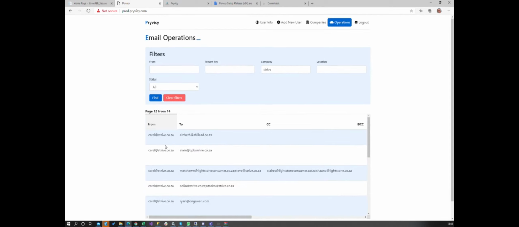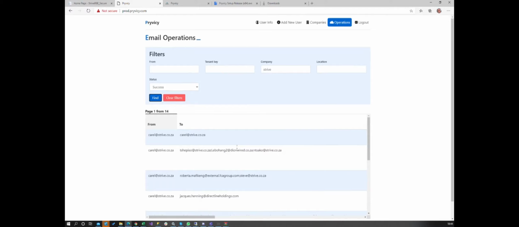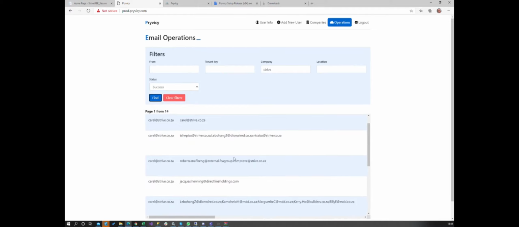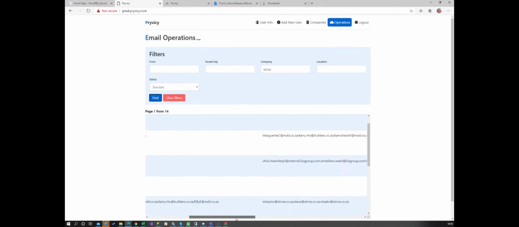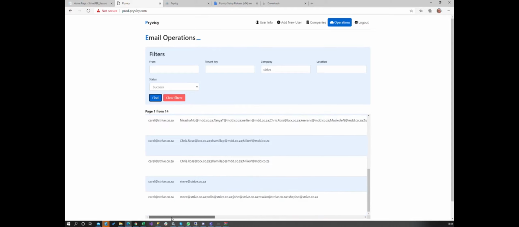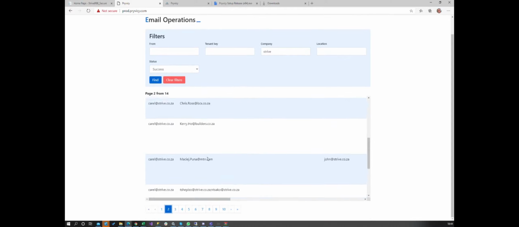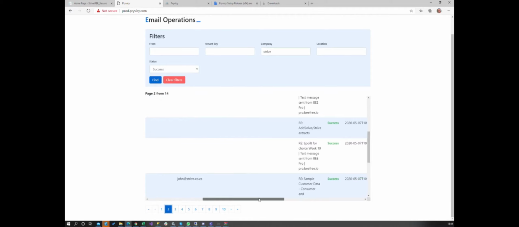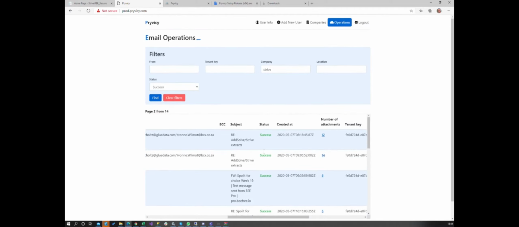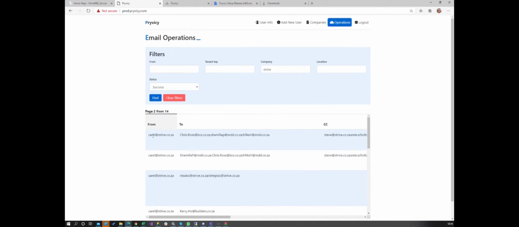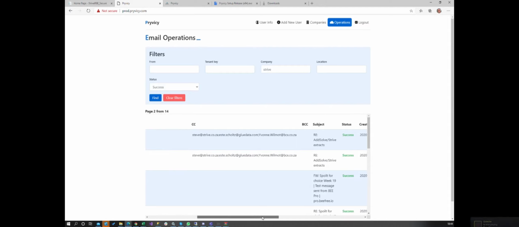So basically what it does, just to show you, we'll work on the filters to make it a bit easier. 14, see it's still 14 pages. So basically what happens is when you get a file, it picks up who sent it. So I sent a file, I sent it to these people, so they'll get the password. I CC'd this, and if someone blind copied their mate, they won't get the password, and I'll see that they blind